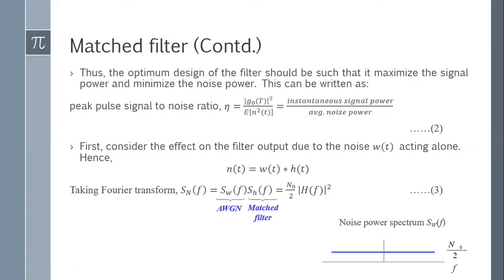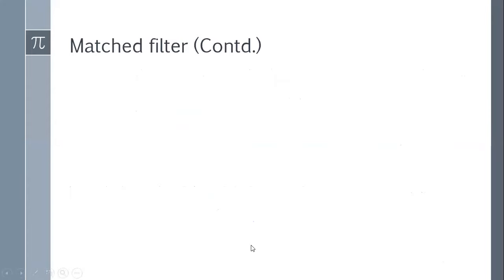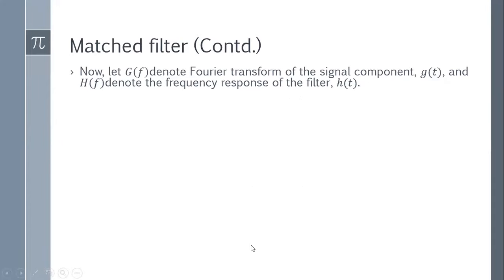Why does it become square? Suppose I have a sinusoidal signal A sine omega t. If I need to find the power of that signal, I will only write A square. So that's why it becomes square. If I write magnitude g naught t whole square, it only takes the magnitude, or the amplitude, squared. So the square of the amplitude gives us the power of that signal. Okay, I hope so far it is clear. Let me proceed because time is very limited.